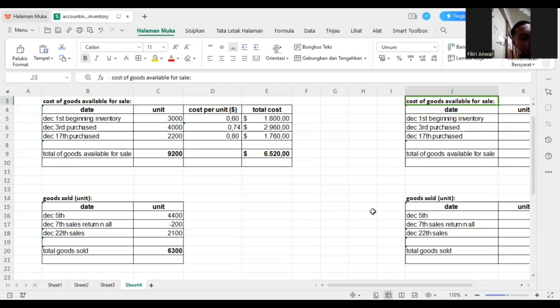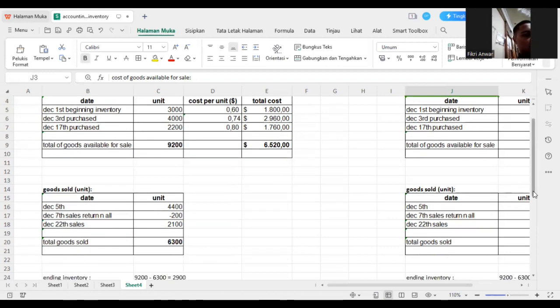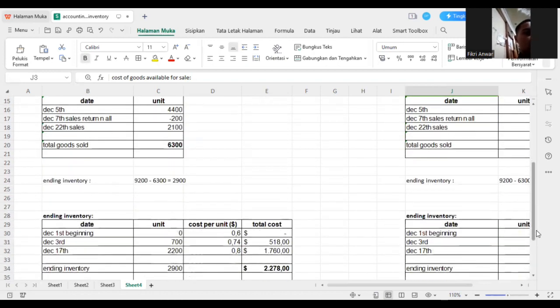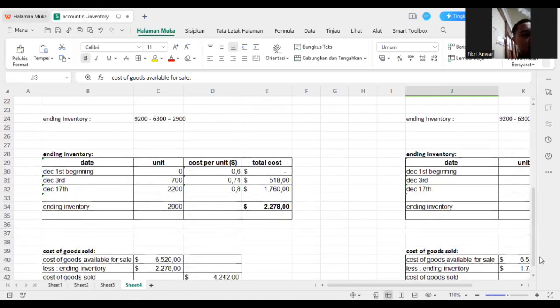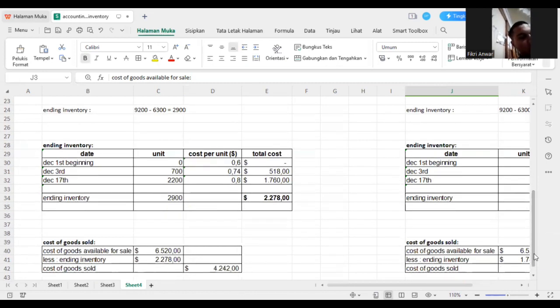On the 22nd of December, we have sales of 2,100 units. Total goods sold is 6,300. So in ending inventory, 9,200 minus 6,300, we have 2,900. Okay, in the ending inventory on the first of December,